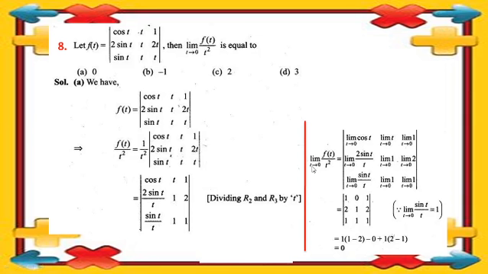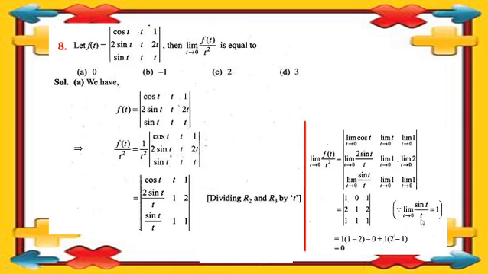Now let's apply the limit, t tends to 0, in all the elements on the right hand side. Now limit t tends to 0 cos t, this is 1. Limit t tends to 0 of t, this is 0, and limit t tends to 0 of 1. Here the function is independent of t, so definitely the answer is this function only, that is 1. And this way we can solve this limit for all the elements.